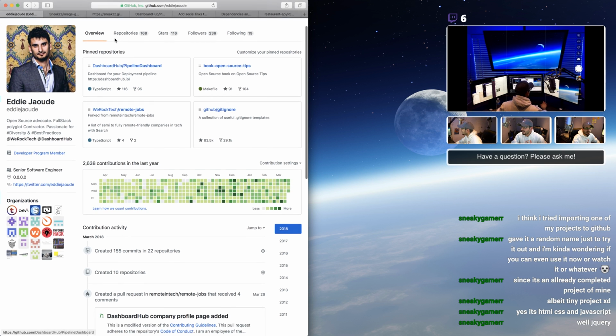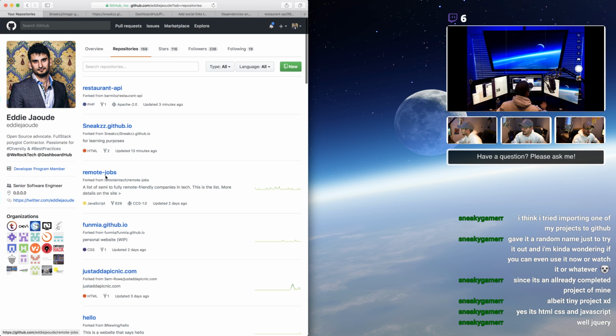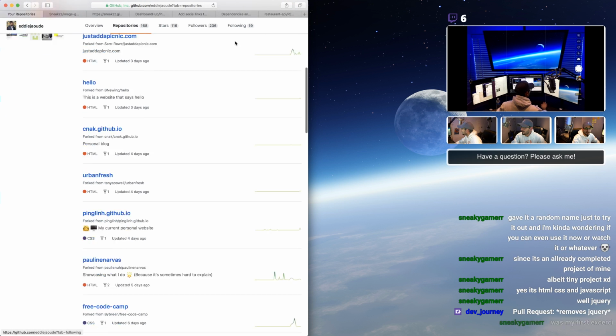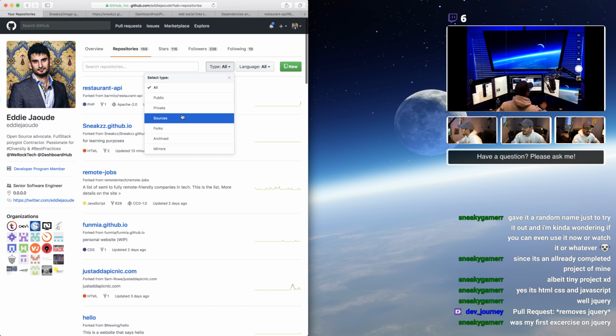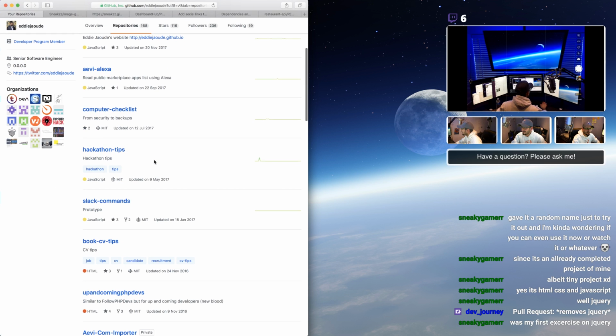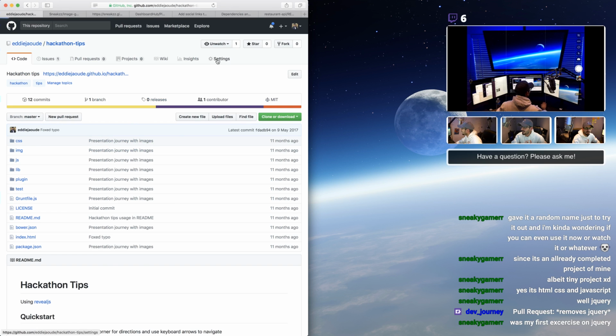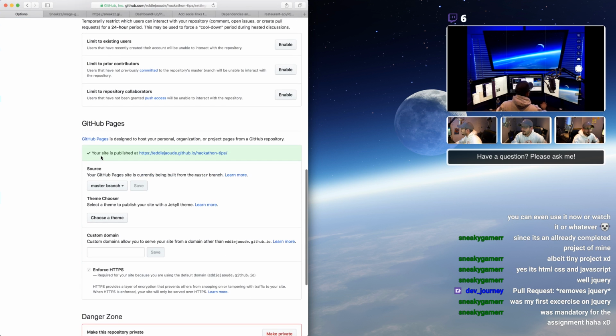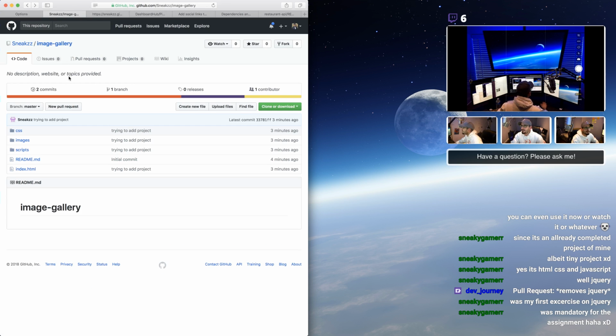So if I pick one of my repos that hasn't got a name, actually I'm going to go to sources. So I need to be my project so I can see the settings. Computer checklist. Does that deploy out? I don't know. Hackathon tips I think does. So if I just go to settings, yeah, it does deploy out, and as you see, it appends it to my account.github.io/ the name. So on your project, on this repo image gallery,